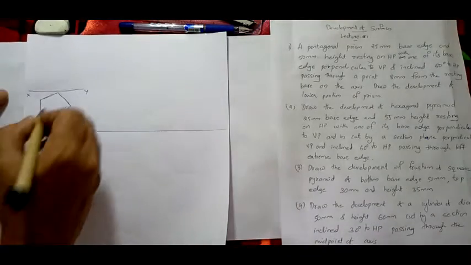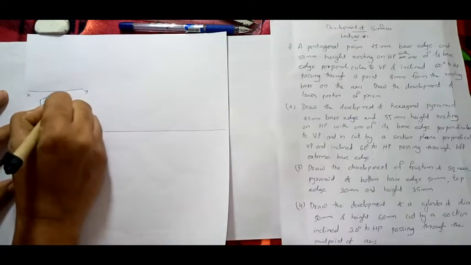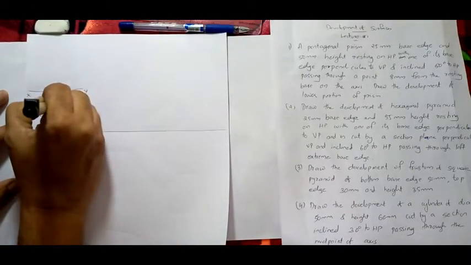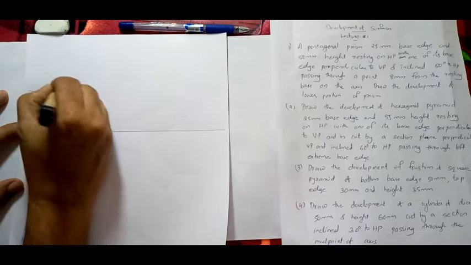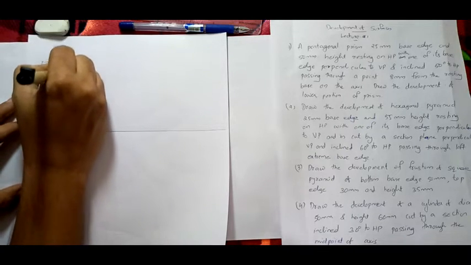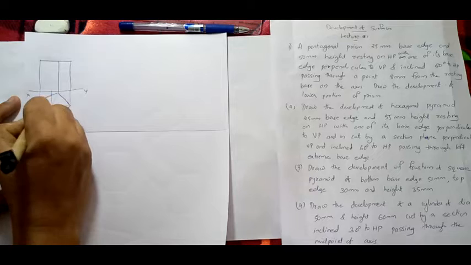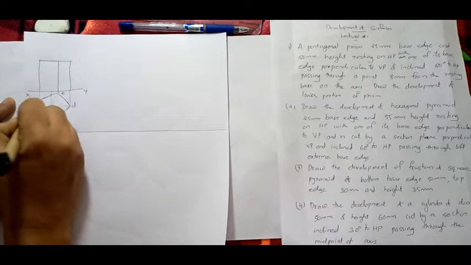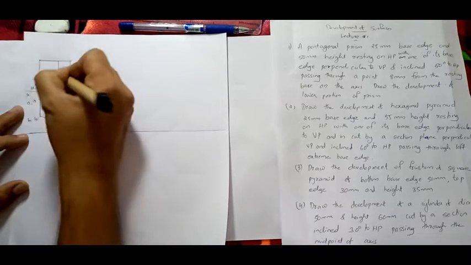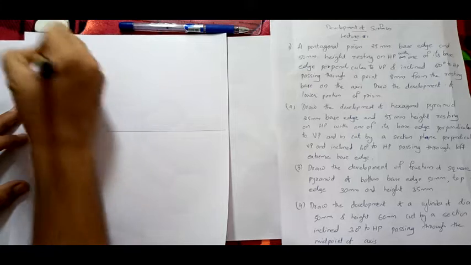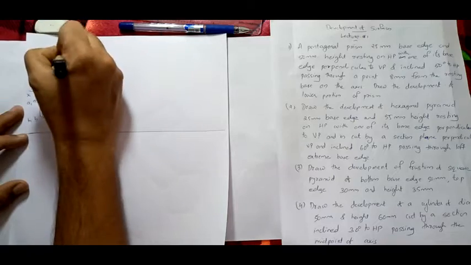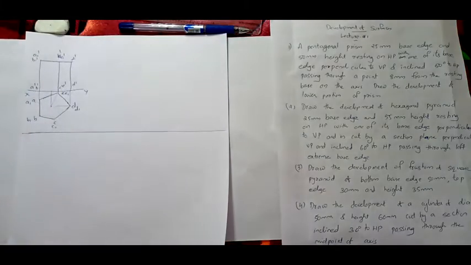Now height, you can find the axis like this. Draw two light lines. We have the axis and project it from here, and you can see this is your prism A, B, C, D, E, A1, B1, C1, D1, E1. This one is A dash, B dash, C dash, E dash, D dash, A1 dash, B1 dash, C1 dash, D1 dash, E1 dash. So you have completed the prism.